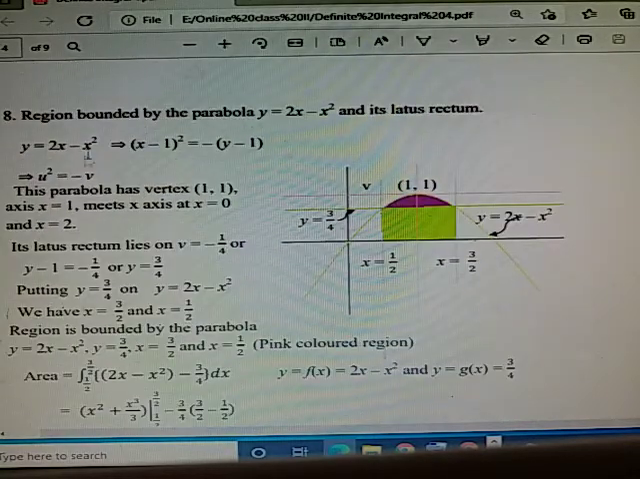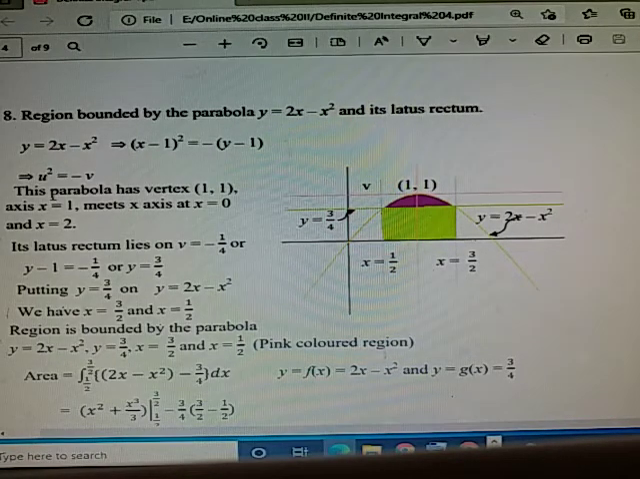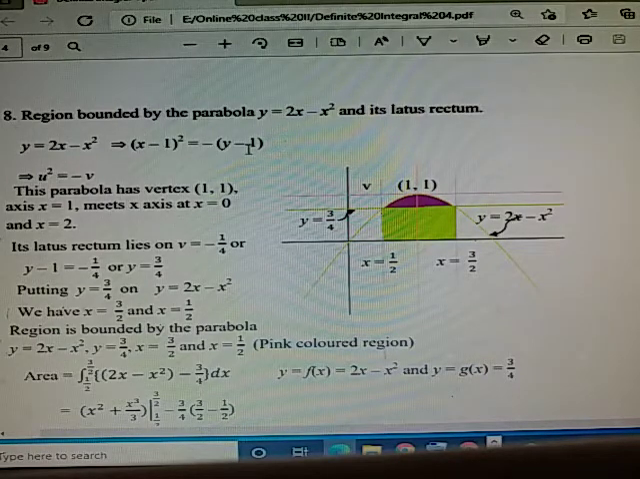Then this one is bounded by the same function, y is equal to twice x minus x square, and the latus rectum. So we have to find this equation, u square is equal to minus v. We are transforming this, so u means x minus 1 and v means y minus 1. This is (0, 0), so u is 0, v is 0. Means what? x is equal to 1 and y is equal to 1. So (0, 0) means it is (1, 1),